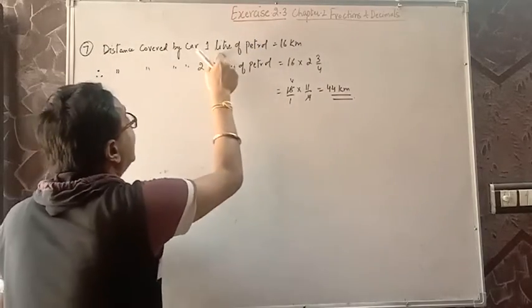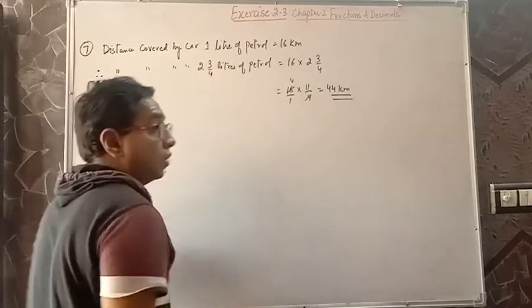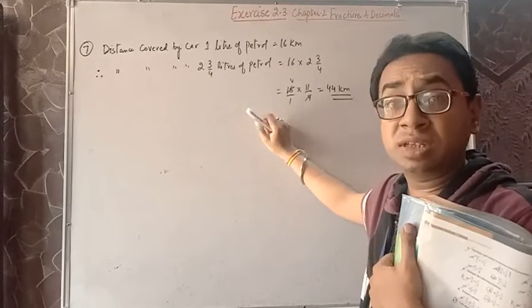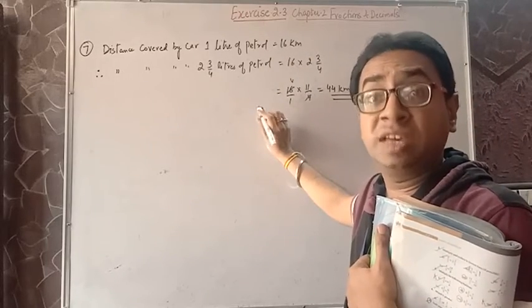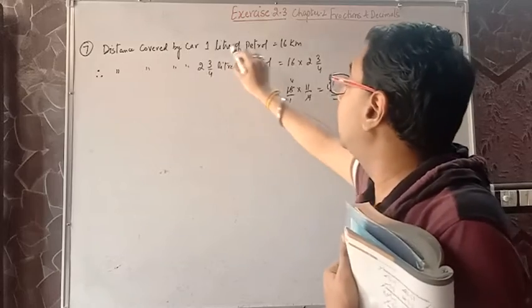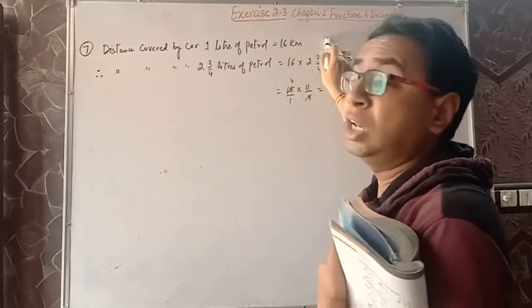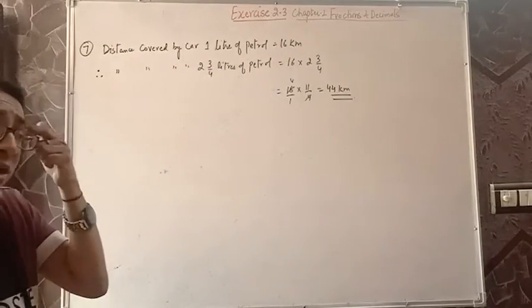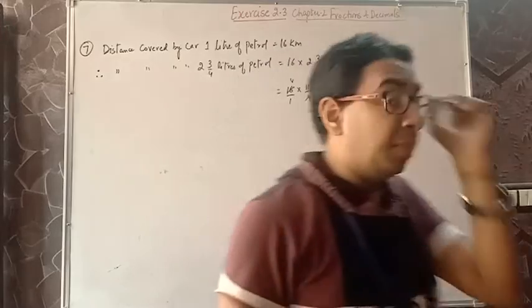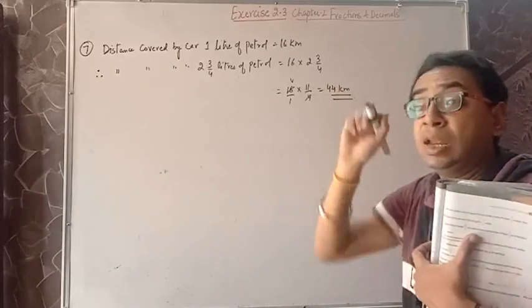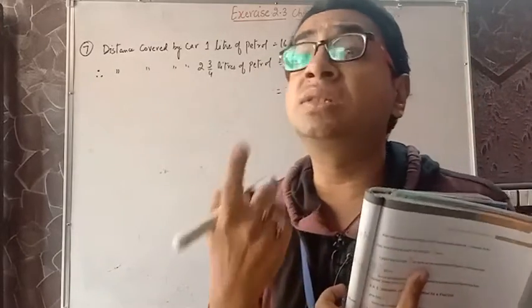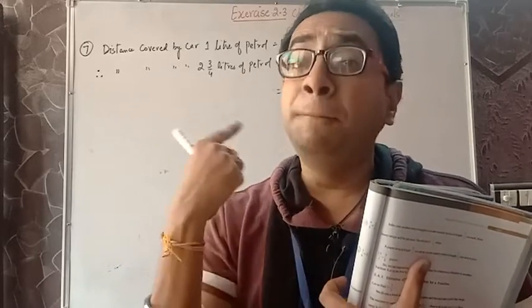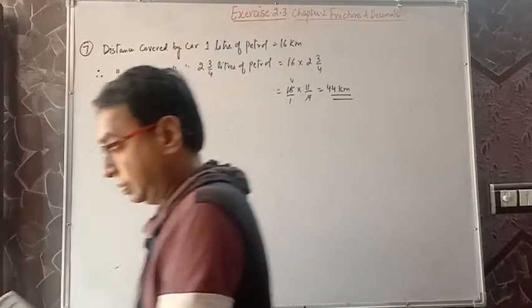But here the scenario is in liters. We are talking about the mileage of the car. This is called mileage, the average given by the car. It means that in 1 liter, what amount of distance is covered? The more this value, the better the efficiency of the car. People look at the mileage of the car because you have to see the average. If it's more, the better is the performance and efficiency of your car. Clear?